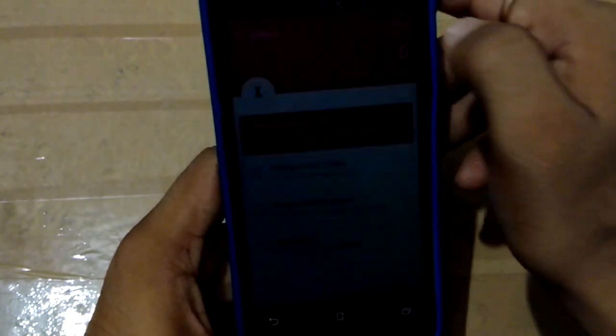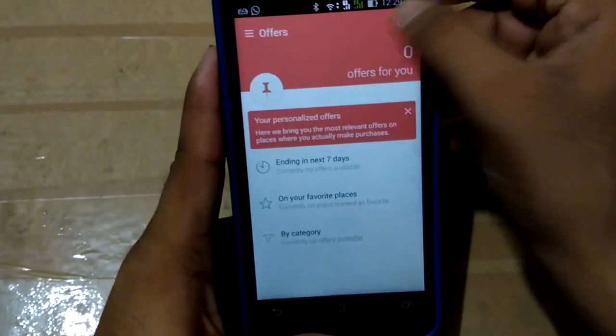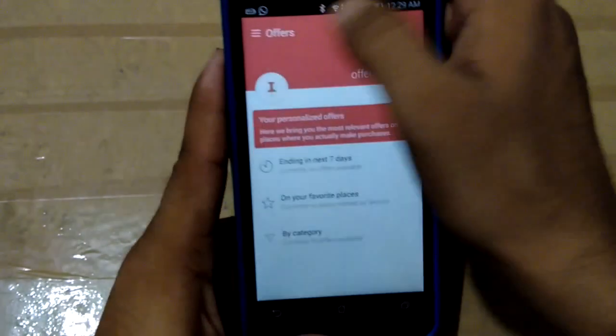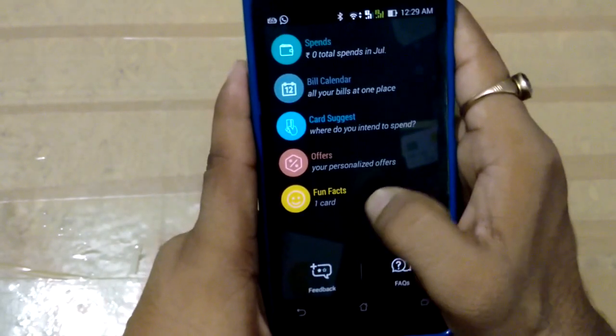Or here you can also search by entering a keyword. Okay, offers. And now last is the fun fact.